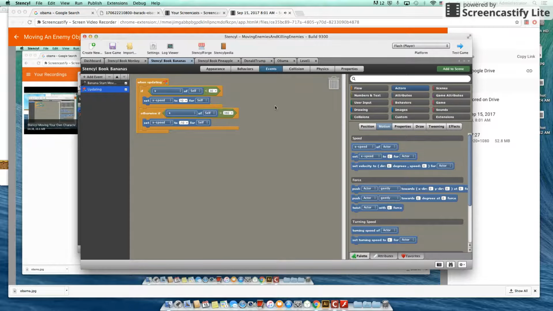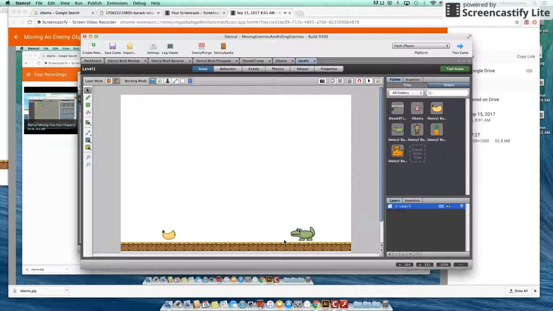We're going to be looking at how to kill our crocodile when the banana and the crocodile collide with each other. So we saw last time in the video the banana is moving left and right, and we can move our crocodile into the banana. So before we get into writing the code for that, there's something really important we need